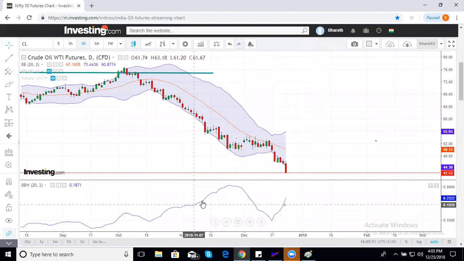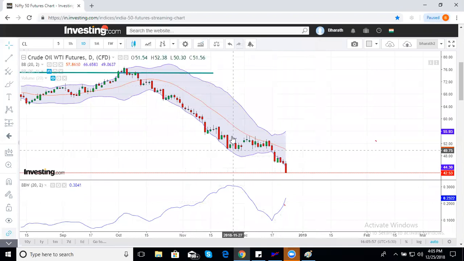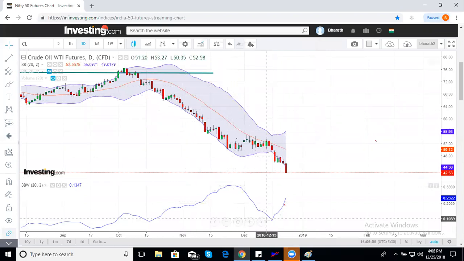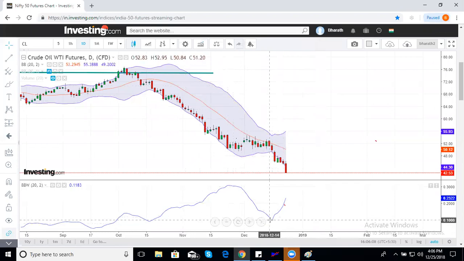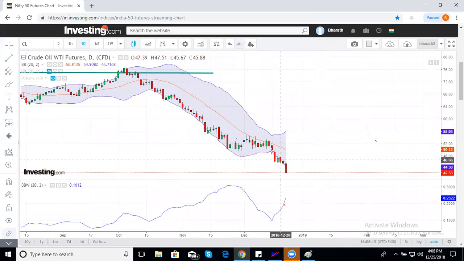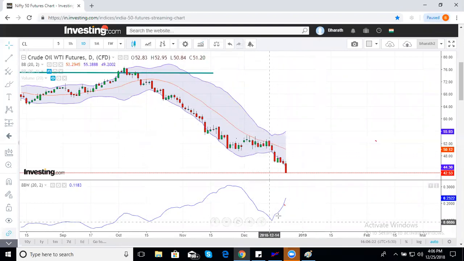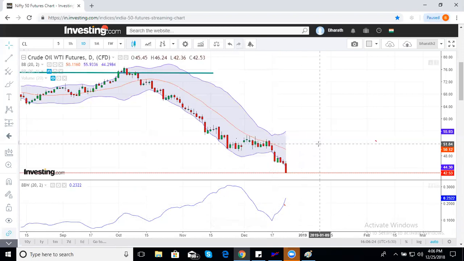See, what is this saying? The bandwidth at this tip was the highest here. From the highest, it dipped to the lowest here. From there, again, it picked up. That means the bandwidth went from wide to squeeze, and from squeeze, it is again expanding. You can see Bollinger Bands are now going farther and farther away. Here, Bollinger Bands were coming closer and closer. This is where it is best to buy an option, right?